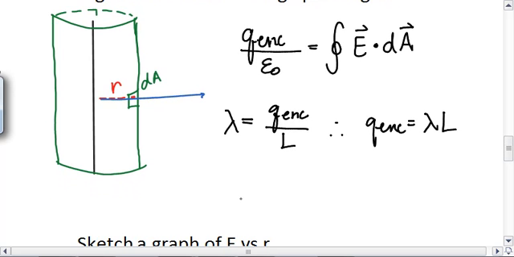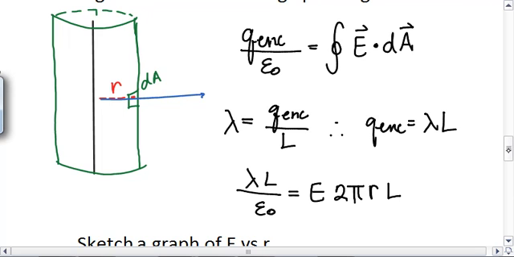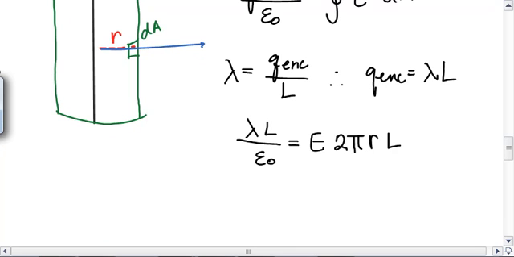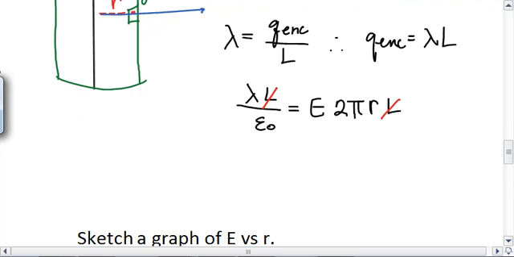Okay, so then that gives us lambda L over epsilon naught is equal to, now again, isn't my electric field perpendicular to the area? So my dot product is just going to be the product of the electric field times the surface area. So we don't have electric field shooting out of the top or the bottom of this cylinder. We just have the sides. Does anybody remember how to find the surface area of a cylinder? The circumference, 2 pi r times L. So it looks like I can divide by L on both sides, and we'll get an electric field that's equal to